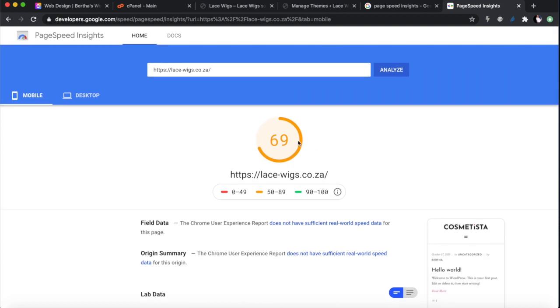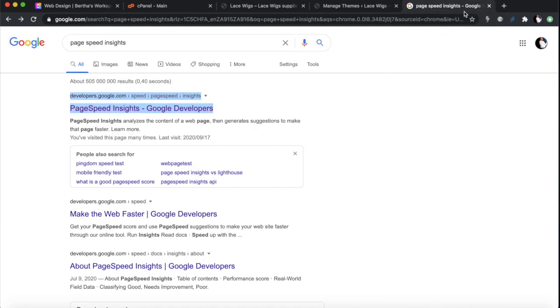What you want is a theme that already is sitting at 80 to 90% with a fresh installation, because everything you do after a fresh installation will just slow your website down. But there are things you can do later on to improve page speed, and for this one we'll have to use something like a third party sort of middleman to speed us up, and I'll show you how to do that in the end, because I really like this theme and that's the theme I want to use, but it's not very good for speed. But there's nothing we can do about that because that's the theme we've chosen. But just be aware of this when you do a theme, and always try and do this test from a fresh installation, and let it guide the kind of theme you want to use.